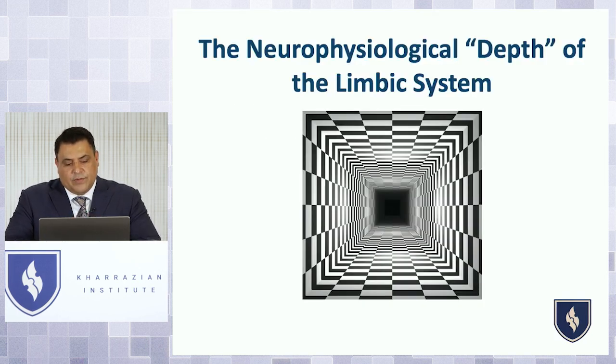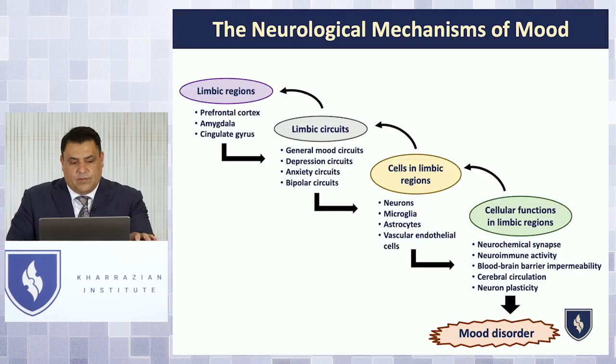Okay, so neurophysiology of the limbic system. So here's what I want to do. I'm going to go into the depth of the limbic system. We're going to start with limbic regions, and then go to circuits, and then go to cells, and then go to cellular functions, and then go into mood disorder. So what I want you to understand is whether it's anxiety or bipolar activity or depression, whether it's major or minor depression,